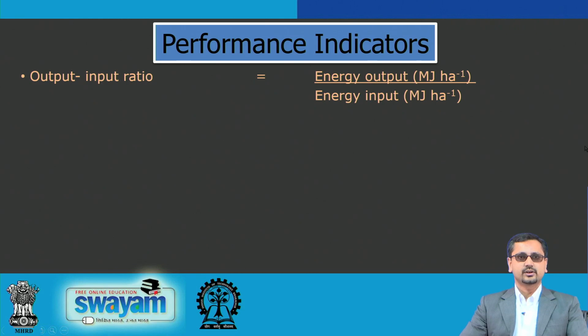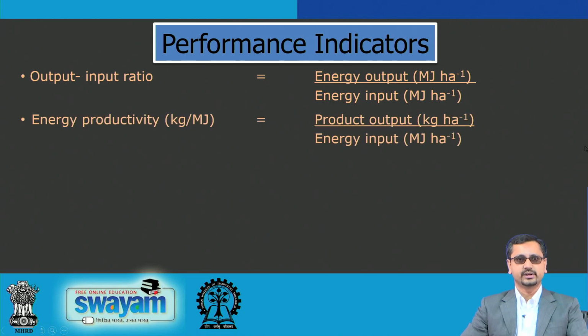With the discussion on the different classes and classifications of energy, now let us talk about some of the major indicators which could be used to determine the performance of this mechanized agricultural production system. We may start with the output input ratio, which is simply expressed as the energy output in megajoule per hectare to the energy input, again in megajoule per hectare, and that ratio becomes unitless. Energy productivity, which is expressed in kilogram per megajoule, is the ratio of product output in kg per hectare to the energy input in